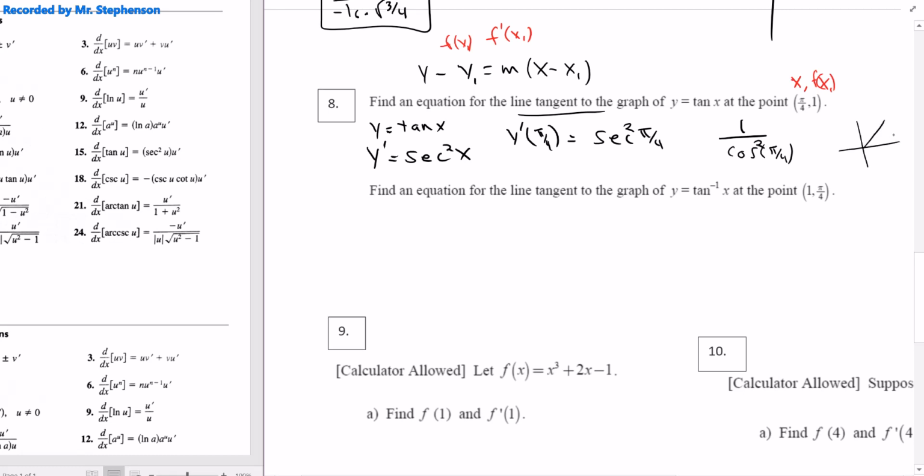Unit circle, pi over 4 is here. Those coordinates are root 2 over 2, both of them. Turns out the cosine of pi over 4 is square root of 2 over 2. So it's going to be y prime of pi over 4 is going to be